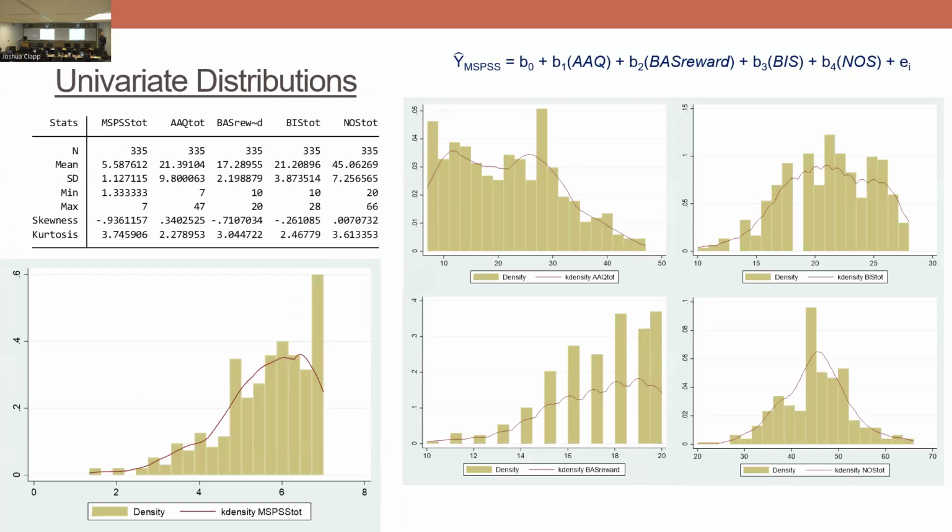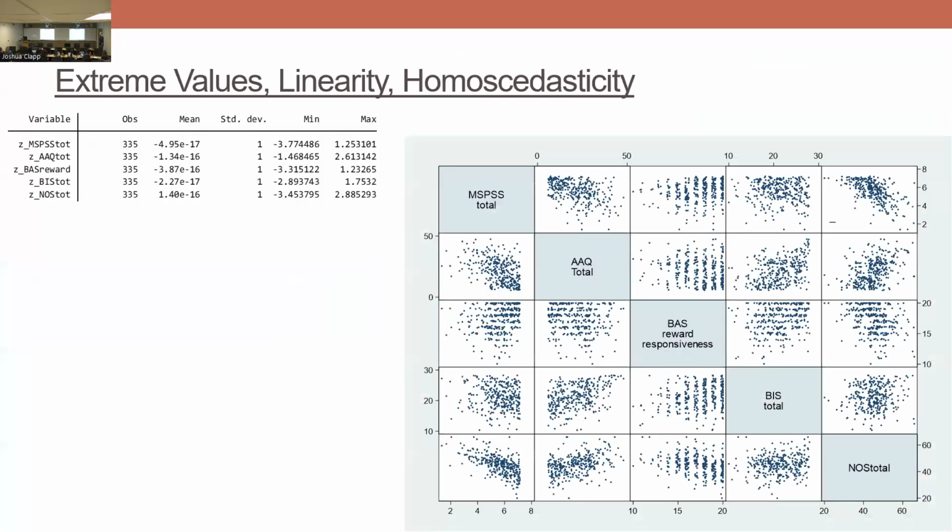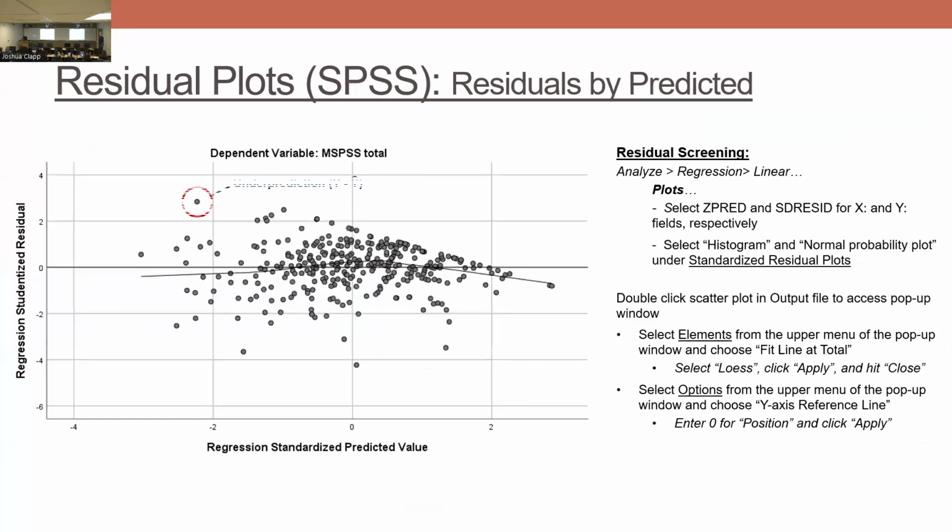What's that? The skew. Of what? This MSPS, yeah. Right. So we see here we've got a hard ceiling on this, and so we've got things skewed down negatively. If I go through and take a look at my actual residual plot here, what I've got is a top end. You can't get larger than the top end. And so here's my predicted values. If I'm thinking about my predicted value of Y, and this is my residual,